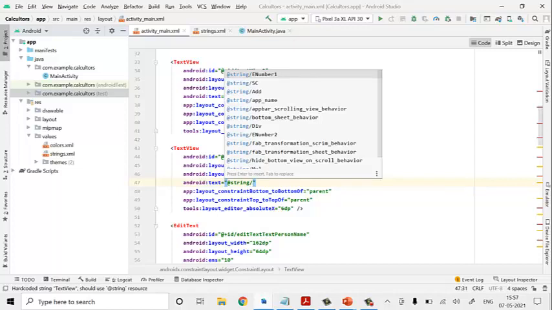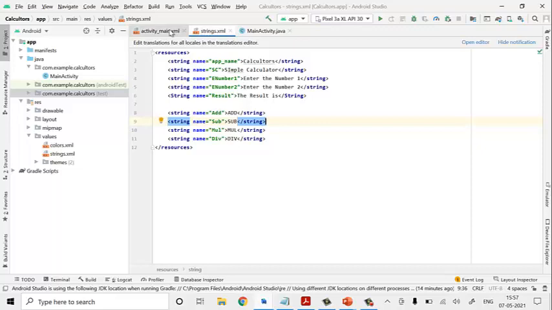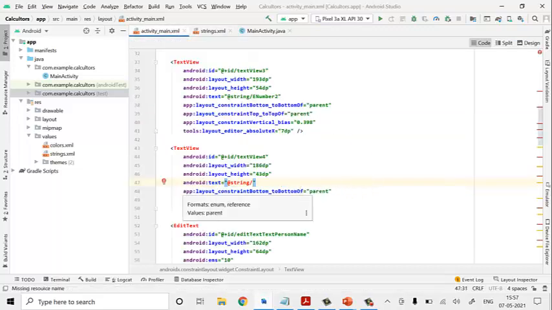Strings dot press result I have taken. So here I'll take it as a result.